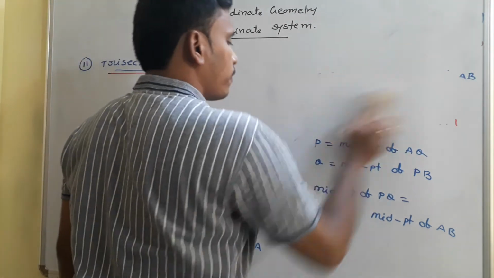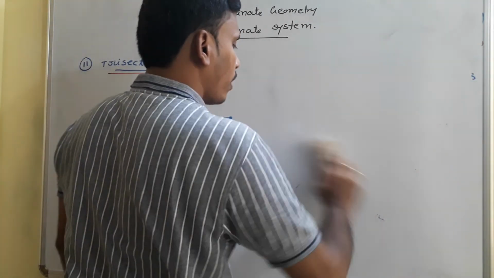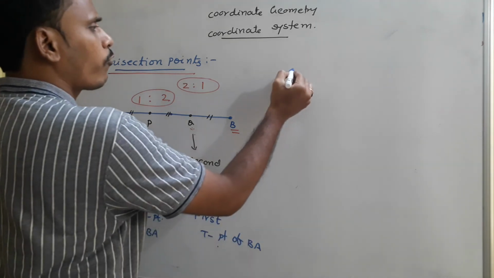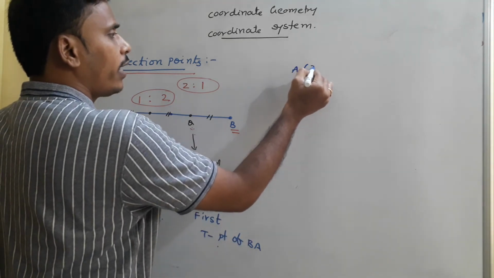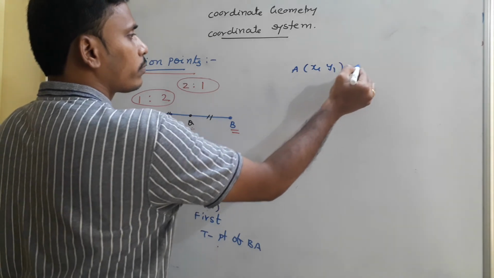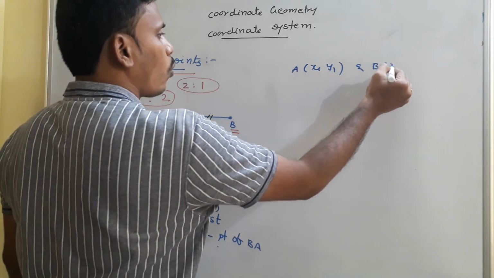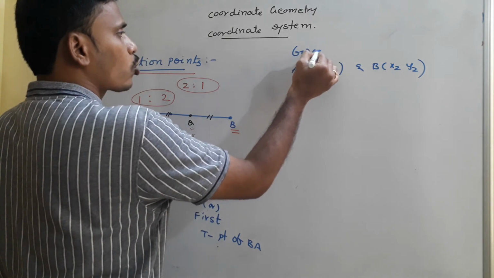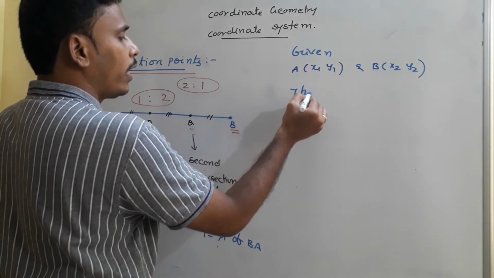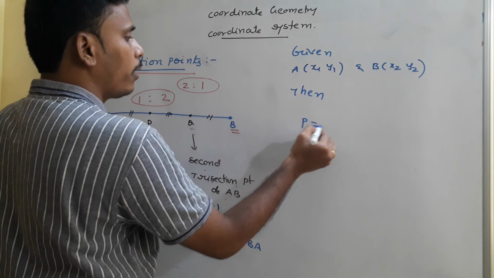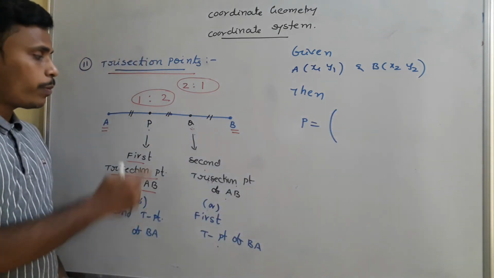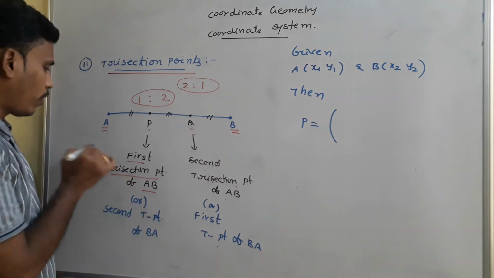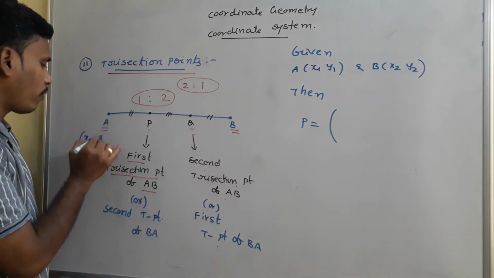Now, if A and B are given, then what are the values of P and Q? Okay, A is (x1, y1) and B is (x2, y2). If A (x1, y1) and B (x2, y2) are given, then what can you say about P? Then P is equal to... Since P is dividing AB in the ratio 1:2, using the section division formula, this is (x1, y1) now,